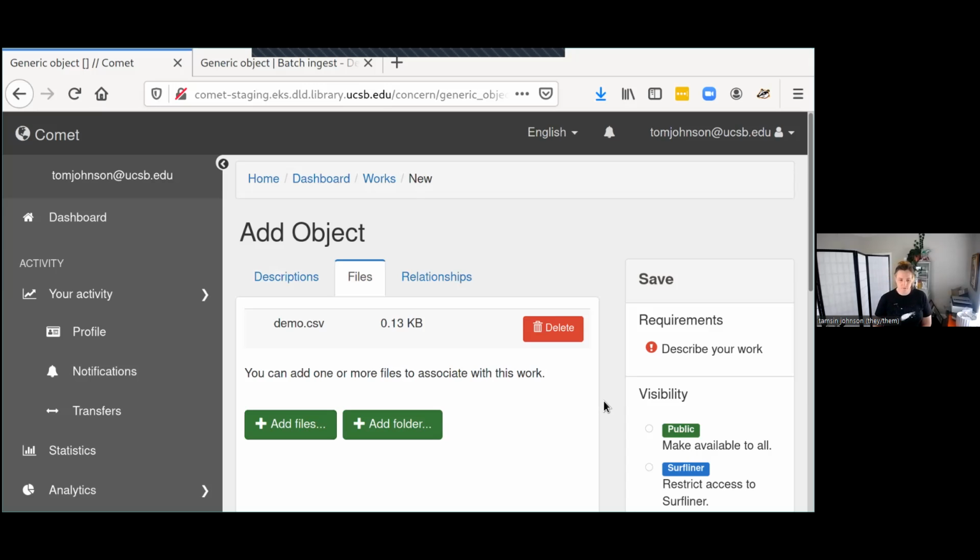So we'll be able to have a static file that represents the UCSB metadata and the UCSD metadata, and be able to deploy those two things